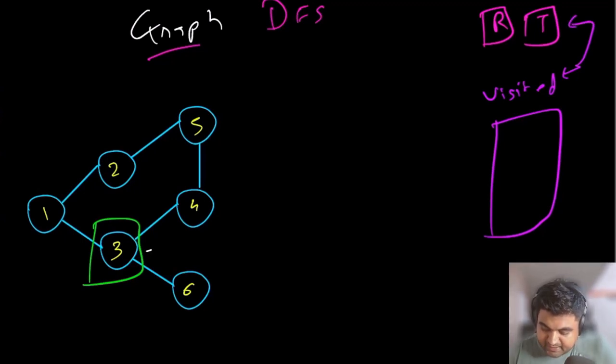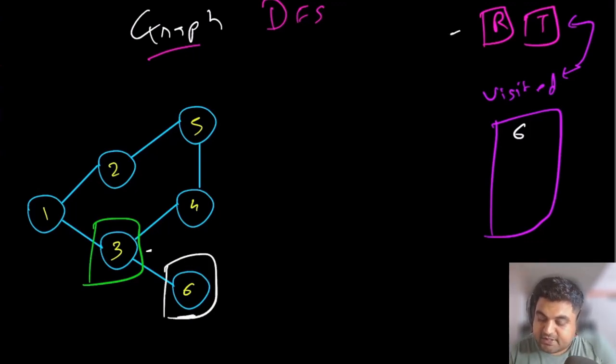So let's just start iterating from node number 3. Now currently the first neighbor we are going to visit for node number 3 is node number 6. Node number 6 is not visited, so we are going to mark it as visited. Again for node number 6 we are going to call the same recursive function that is going to visit the neighbors of node number 6.